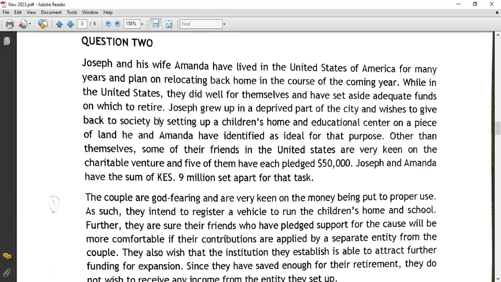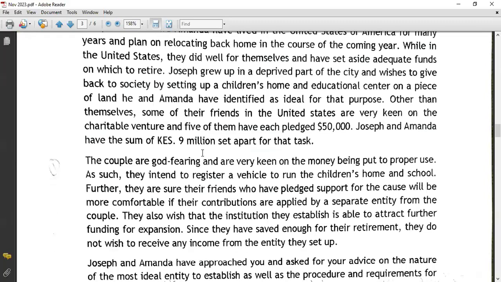So question 2. Joseph and his wife Amanda have lived in the United States of America for many years and plan on relocating back home in the course of the coming years. While in the United States, they did well for themselves and set aside adequate funds on which to retire. Joseph grew up in a dry part of the city and wishes to give back to society by setting up a children's home and educational center on the piece of land Amanda has identified as ideal for that